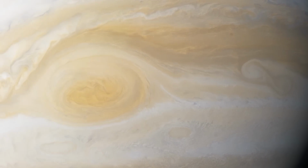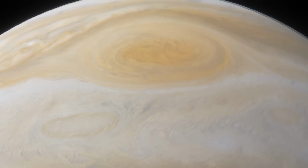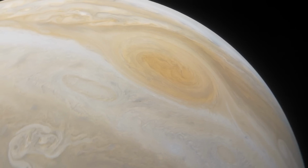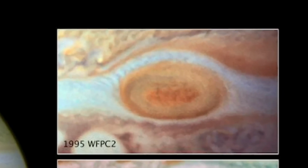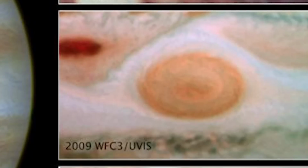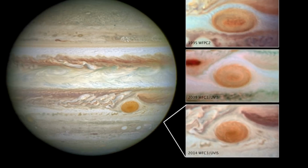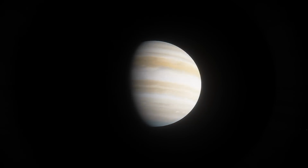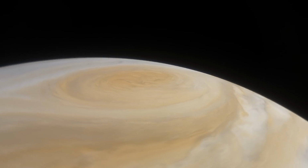Since the late 19th century, it has shrunk significantly, evolving in size, shape, and even color. From its origins as a vast oval over 3 times the width of Earth to its present dimensions, approximately 10,000 miles wide, the Great Red Spot storm has taken on more of a circular shape, while its colors have been ranging from pale to intense red-orange hues. Scientists believe chemicals like ammonia and hydrocarbons in Jupiter's upper layers might be responsible for these colors, but the exact